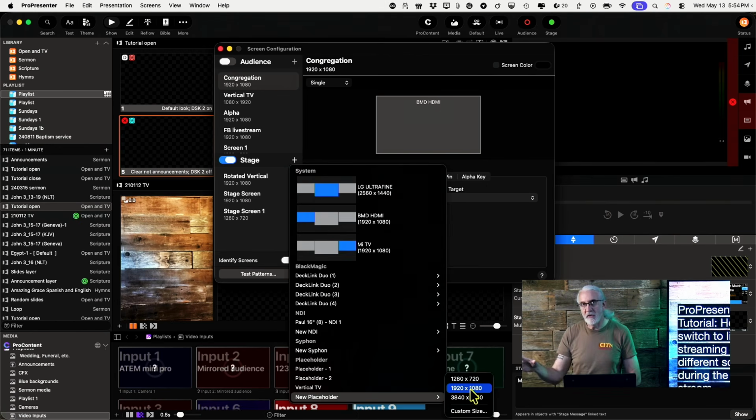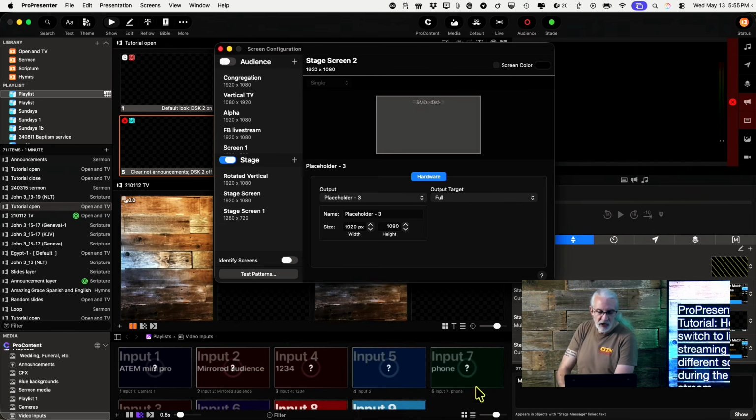If you're going out of ProPresenter via NDI, then choose an NDI screen. If you're going out of ProPresenter via Siphon, choose a Siphon screen. If you're going out of ProPresenter via SDI with Blackmagic hardware, choose one of those, whatever, but that should be here in the stage screen area. I'm just going to choose placeholder, which you would do if you were live streaming from within ProPresenter. That would absolutely work. So that is stage screen 3, and I'm just going to rename this